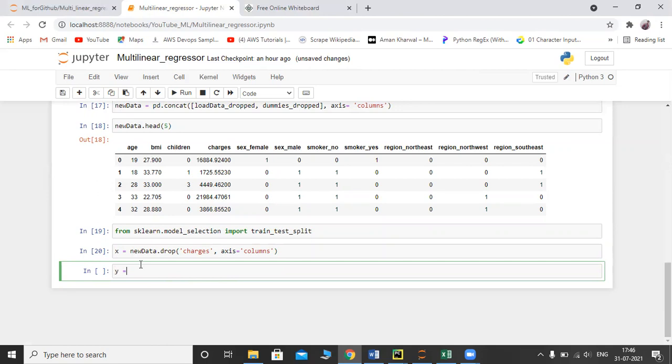In a similar way, I will create the dependent variable. new_data.drop. I want to drop all the values except charges. So age I want to drop, BMI also, and children also.